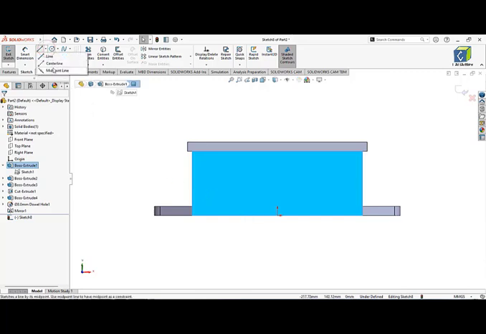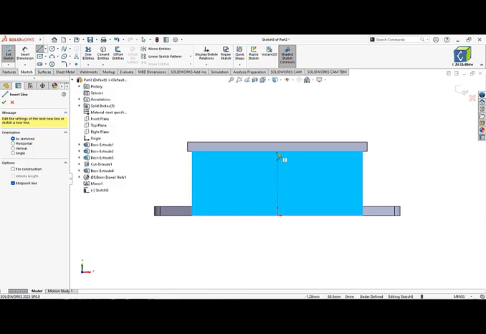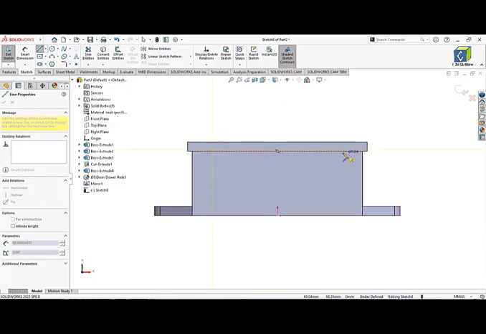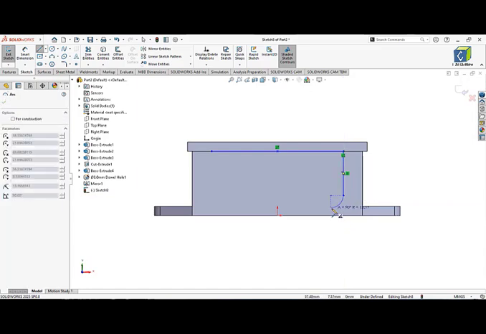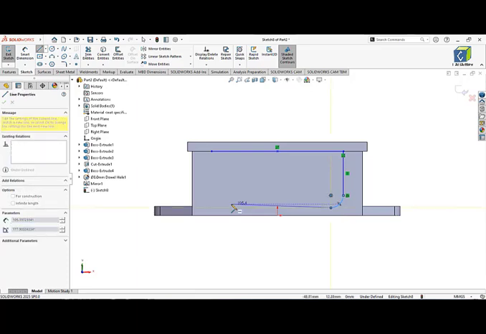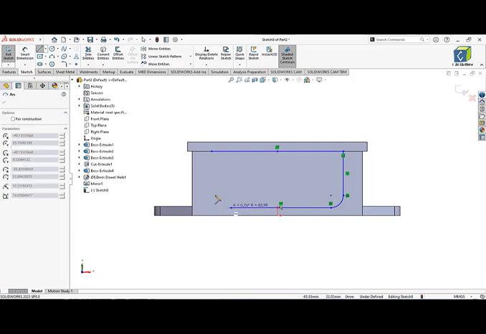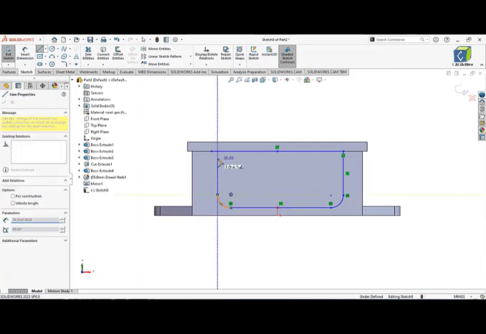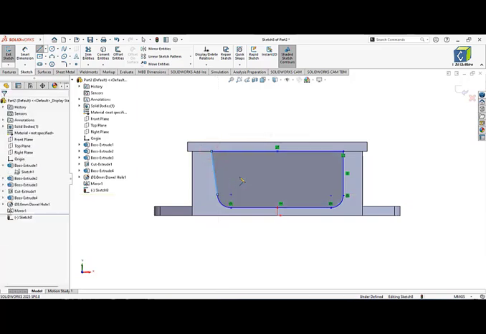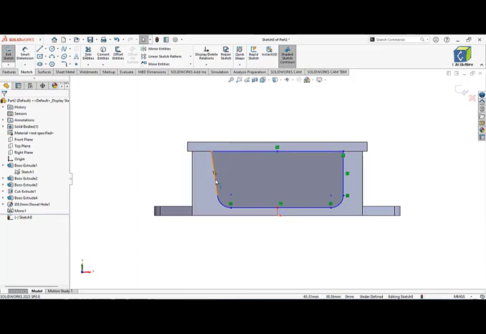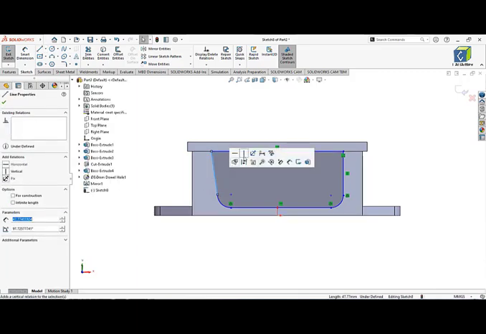So with the help of midpoint line, like this, vertical to here, and an arc till here, horizontal line to here, and arc to here, and close the sketch first, and this inclined line, make it vertical,